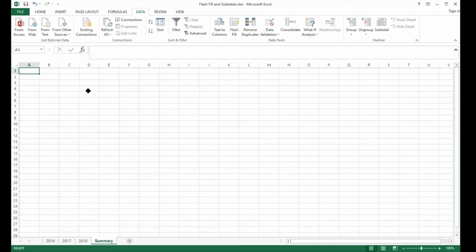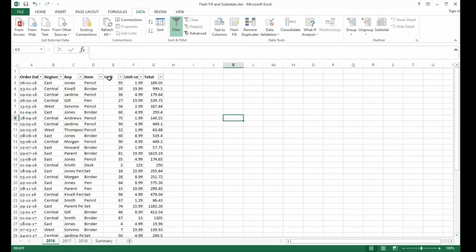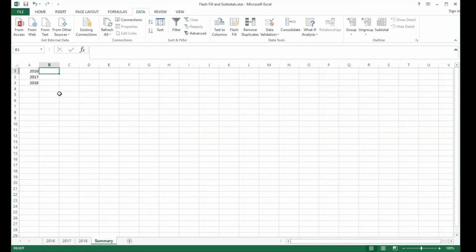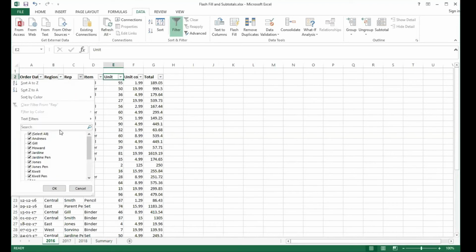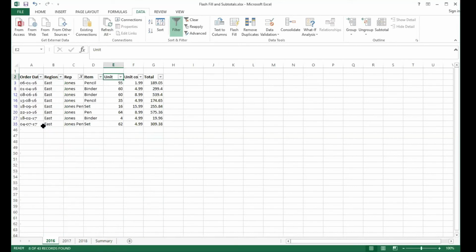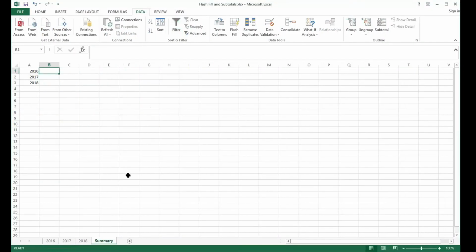Right, so I'm going on a summary tab and I'm just typing 2016, 2017, 2018. Right, now what if I need to paste some values here or make some edits here? I have in 2016, right, anything. For example, the total here. I just need to type the name of any of the Jones. So I have to go here again. I have to see how many times Jones has occurred. I can do all of this with formulas as well, but just understand, right? Jones, right? And if I go here, I'll say 5 times.